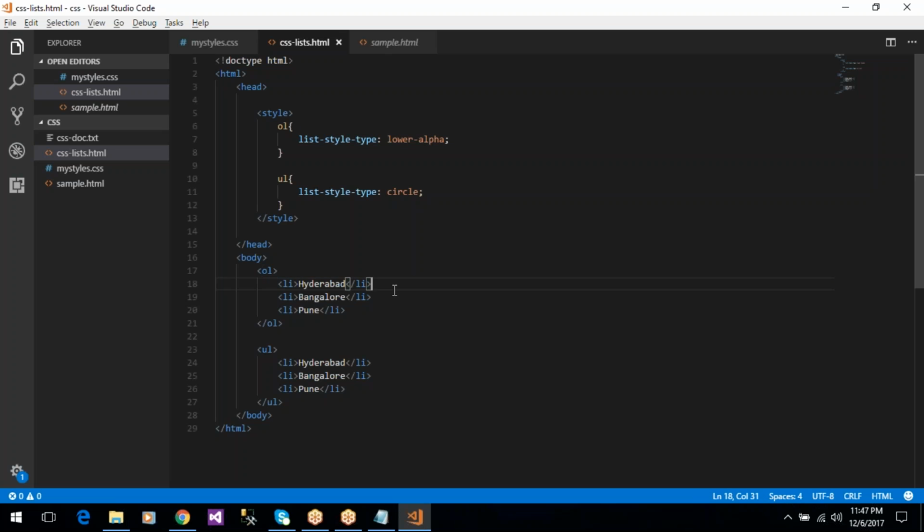And also we can set an image as the list item marker. So for example, for this,